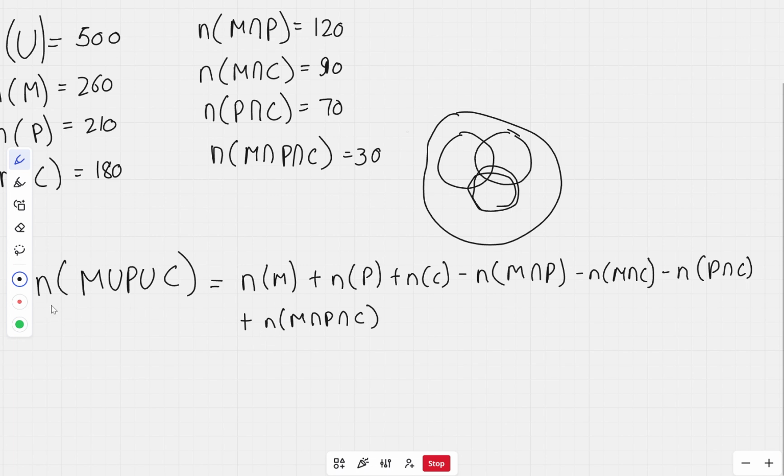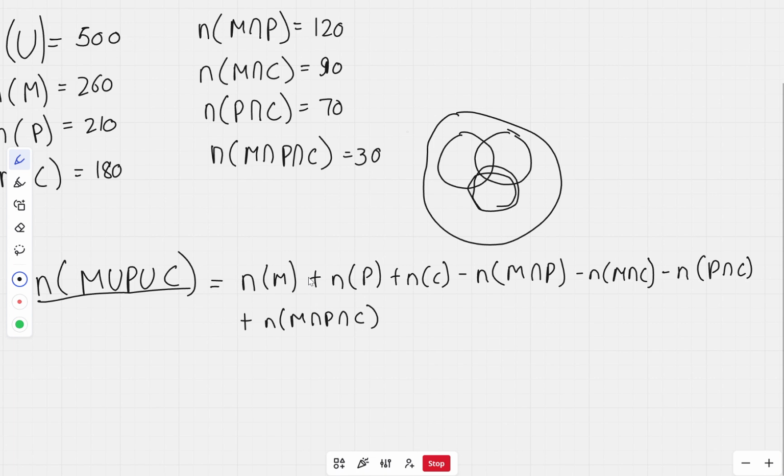So this is the formula we need to remember: the number of elements in M union P union C, the union of all the elements present in these Venn diagrams, is equal to the number of elements in sets M, P, and C,